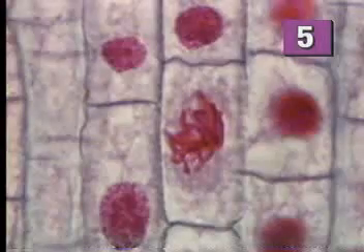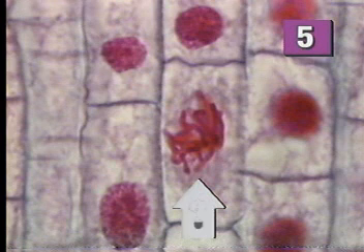The first stage of mitosis, the stage when the nuclear membrane begins to be reabsorbed into the cell, is called